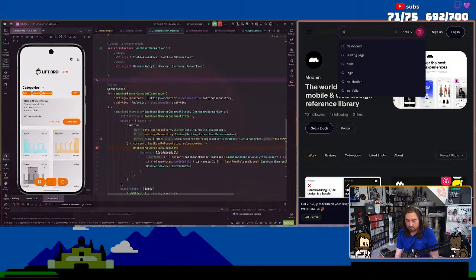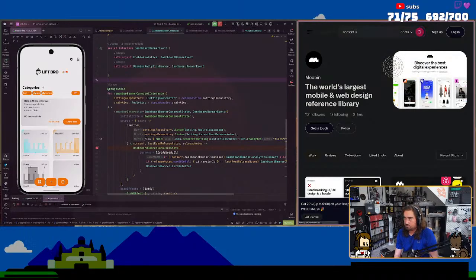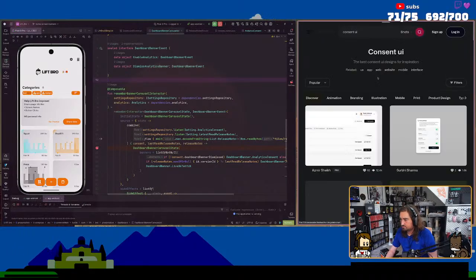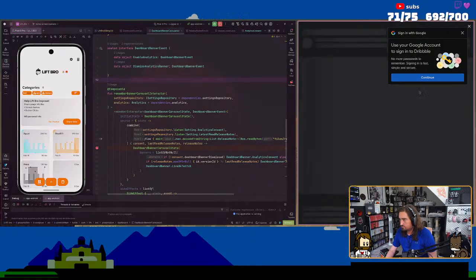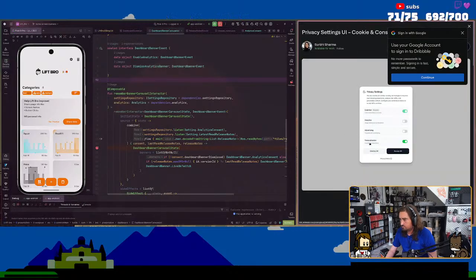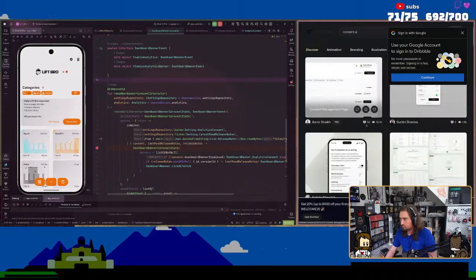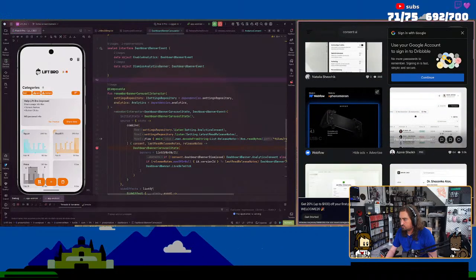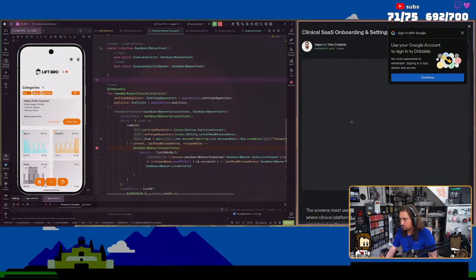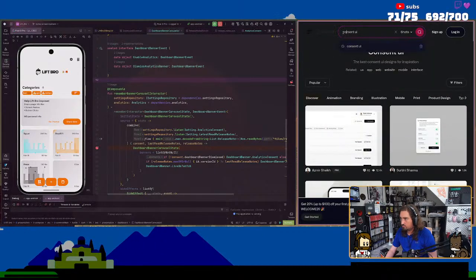I just want like a consent UI, right? Like cookies, analytics consent UI.